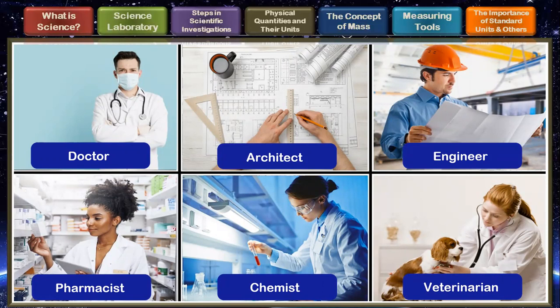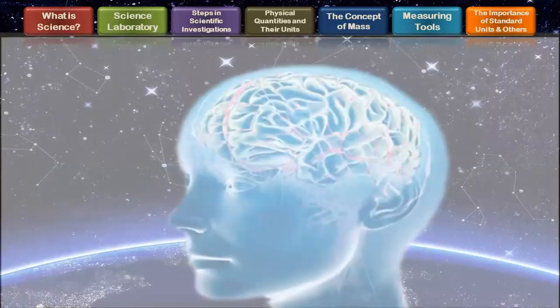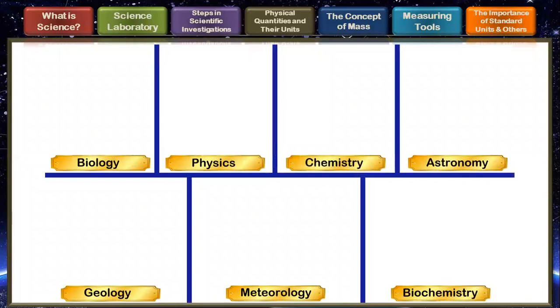So if you want to study more about this, if you want to become a doctor, architect, engineer, pharmacist, chemist, or veterinarian, these are areas of study or careers in life where you really need to have wide scientific knowledge. So you really need to study more about science. Science is everywhere. There are so many studies and areas in science. Here, science is divided into a number of areas of study, namely